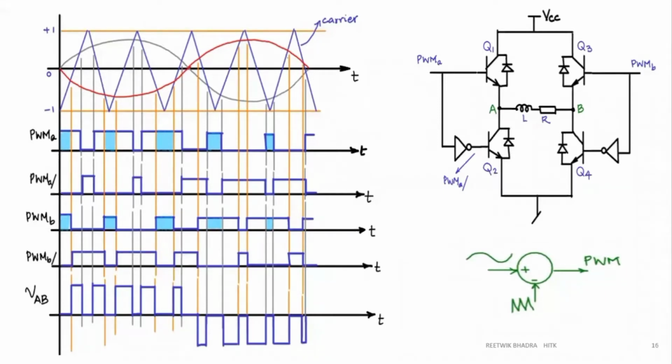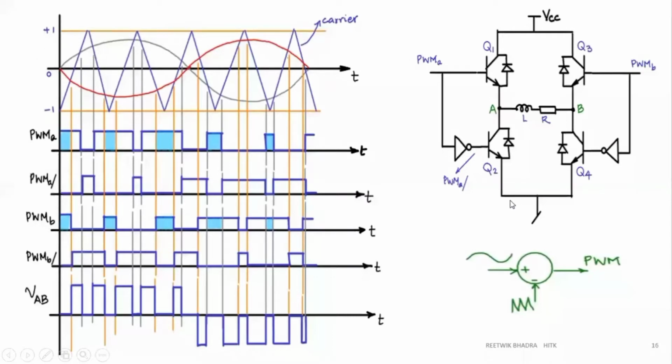So we had seen in sine PWM or SPWM, the reference wave was a sine wave, and if you want to get a fundamental component of 50 Hz across the output, that is between terminals AB, we have to take the reference signal to be of the same frequency, that is 50 Hz. And the carrier frequency is generally taken 20 times of that. So if it is 50, you can take 20 times 50, that is 1 kilohertz. So a high frequency carrier wave is compared with a sinusoidal wave in order to give these pulses.